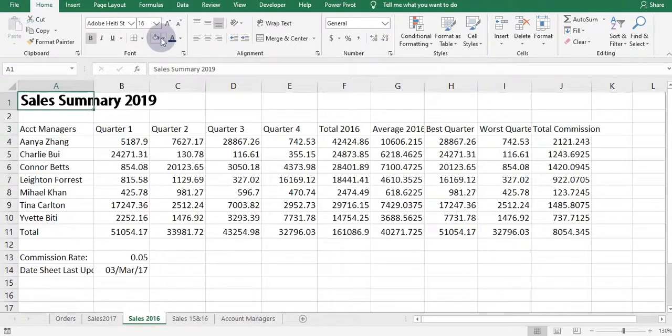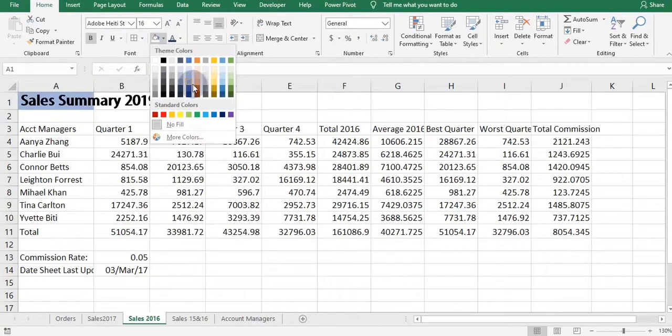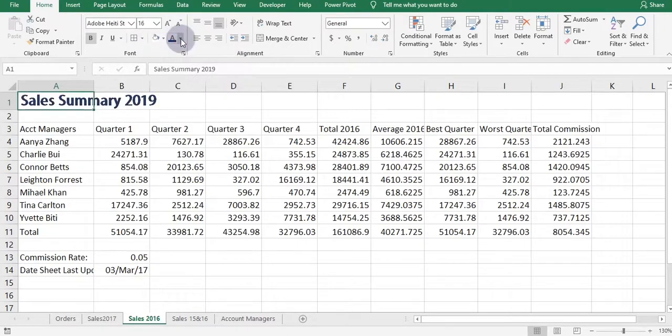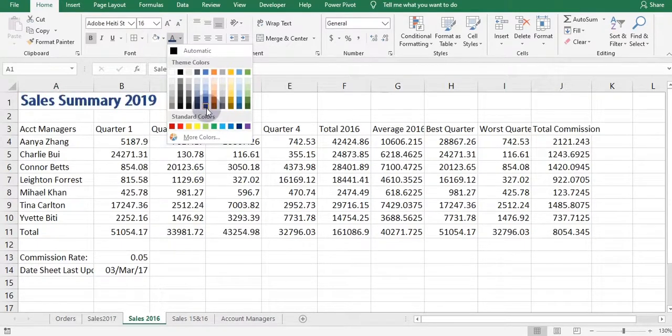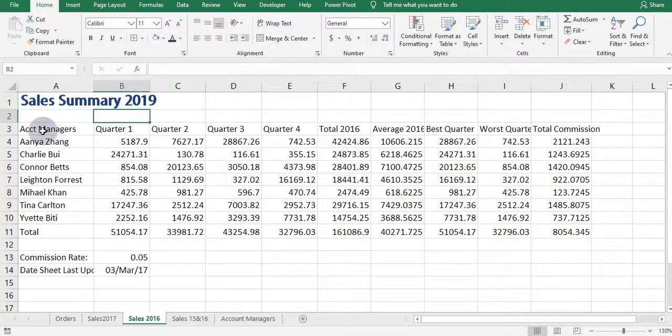This is the fill option. As you can see in the live preview, what it does is evident, but I don't want it, so I will currently leave it. And this is the font color option. I will prefer it to be dark blue, like this. So here it goes. And now I would like to apply formatting to the various headings.